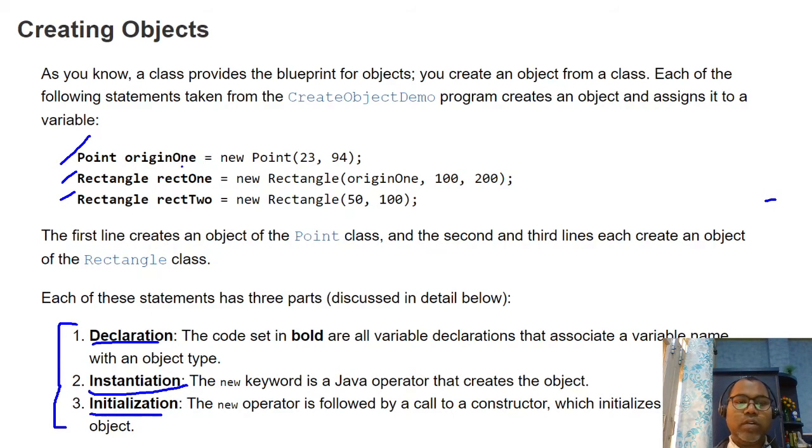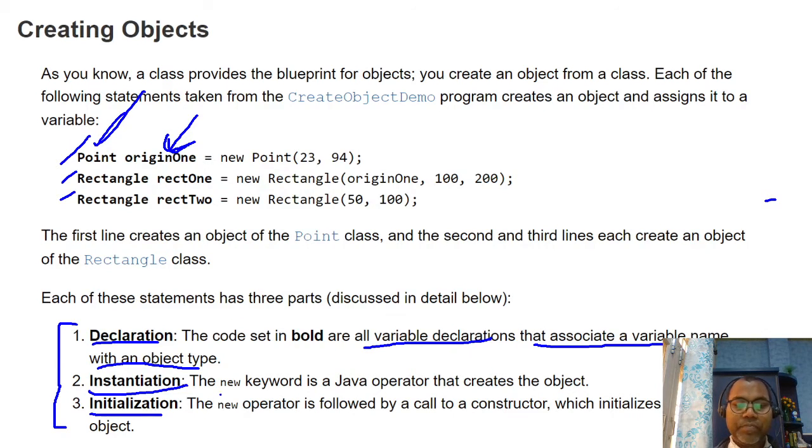This is your reference variable, which can point to any object of Point type. The variable declaration associates the variable name with an object type. This is your variable name, and this is your object type.